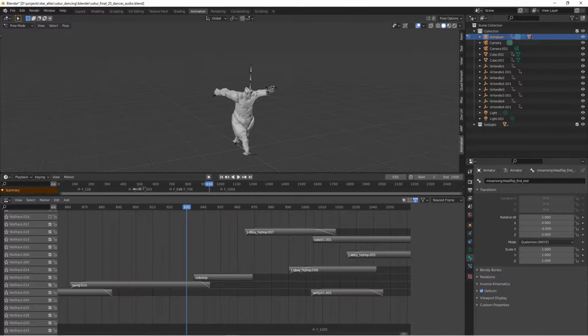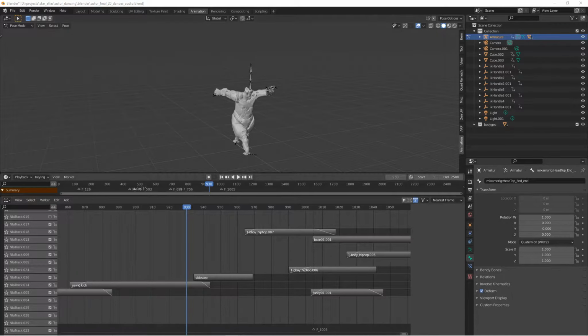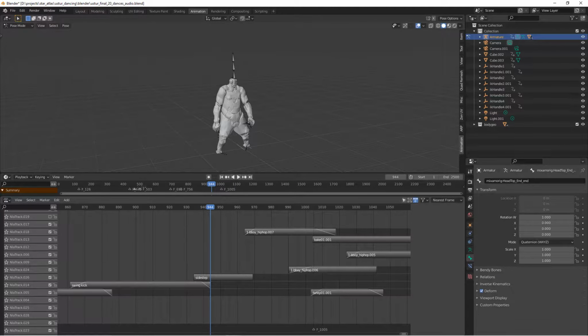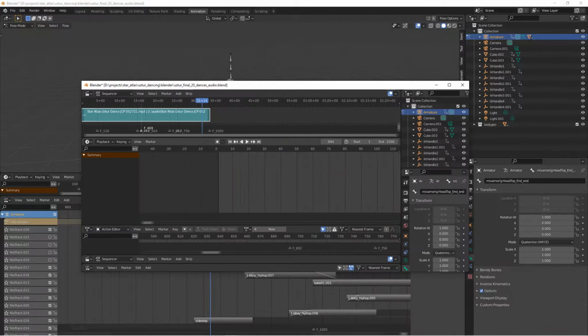And then there's an interesting little step here to actually map this together. And so in order to get it into the nonlinear editor, so that I've got a clip that I can work with, I have to go through yet another weird convoluted process. And so the way the nonlinear editor works is you've got all your tracks, but then you've also got your basic animation here